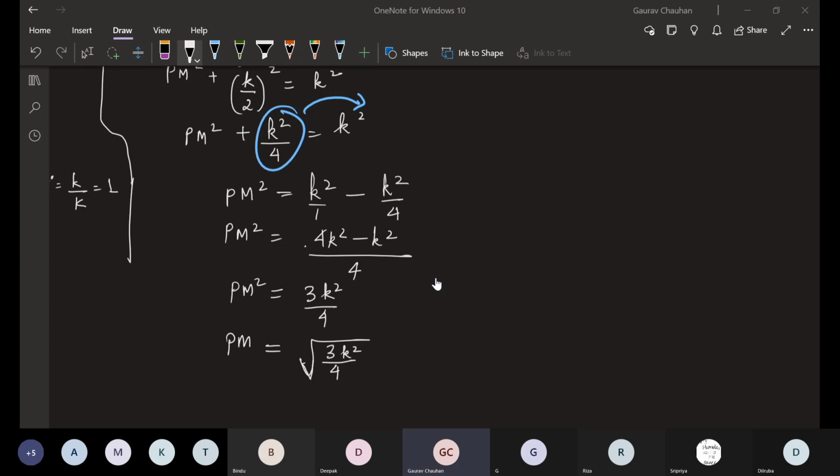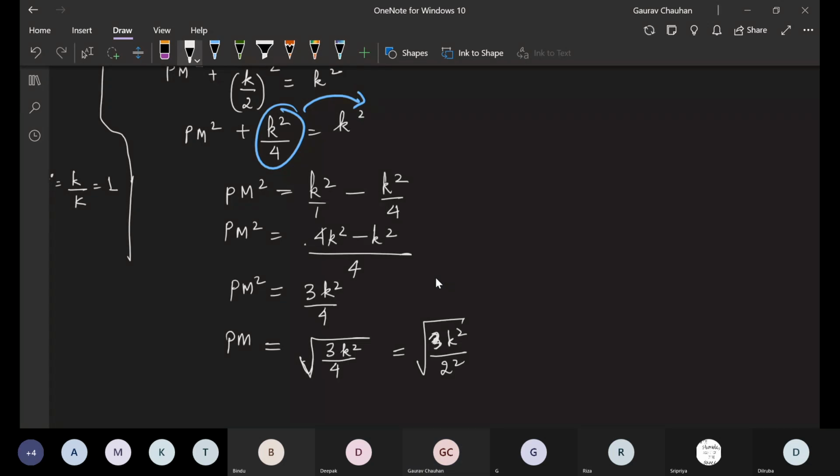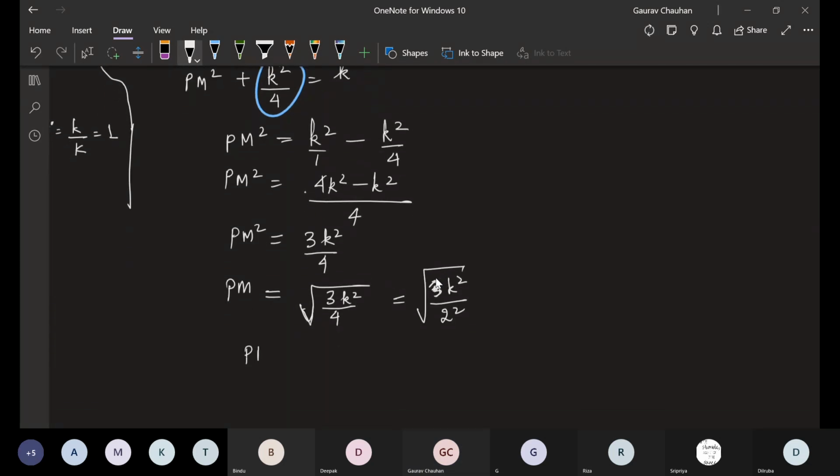Sir, if anyone else wants to answer, you can raise your hands. Go ahead, G. Sir, denominator will become 2 square, sir. Very good. Denominator will become 2 square. Okay. Numerator is 3k square. What will come? Right. How will you open the root? Sir, we can do k into k, sir. What? Sir, I'll open it 2 into 2, sir.